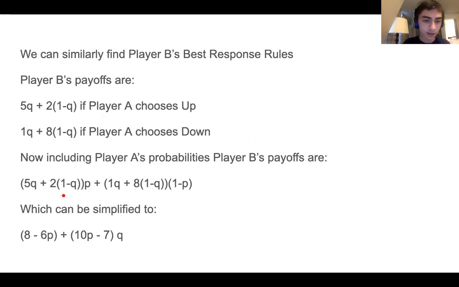So again, there's a P chance that A chooses up, and in that case, with chance Q, player B goes left and gets 5, and with chance 1 minus Q, player B goes right and gets 2. There's a 1 minus P chance player A chooses down, in which case player B chooses, let's see,